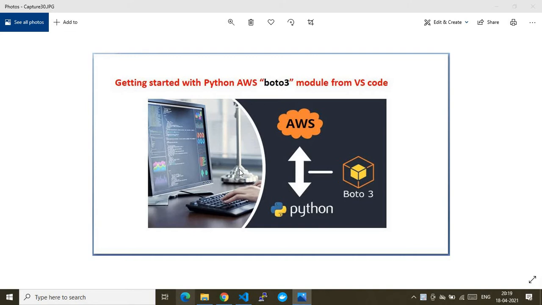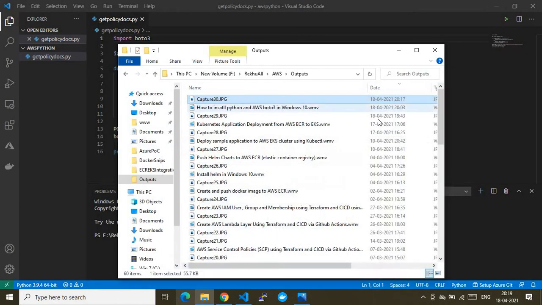If you don't have these prerequisites installed in your system, please watch my previous video, where I explained everything from scratch regarding how you can set up your environment to do this demo. Here I will just show you how you can get started, whereas the further enhanced tasks will be done in future videos. With that note, let's directly get started with Visual Studio Code.